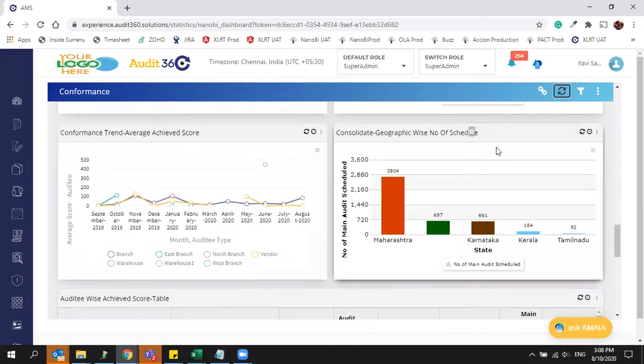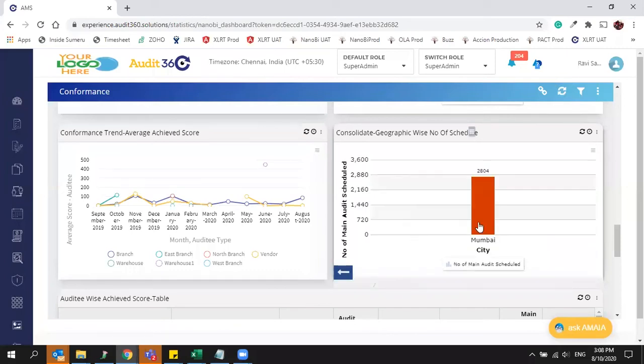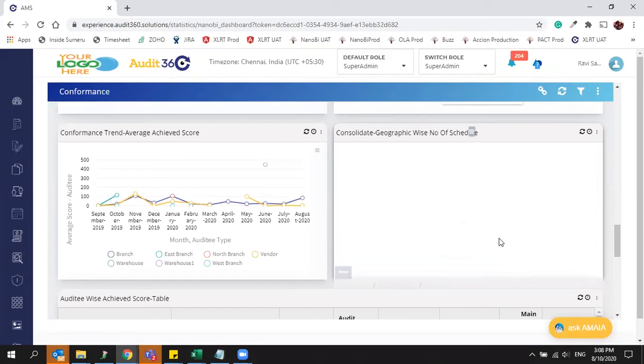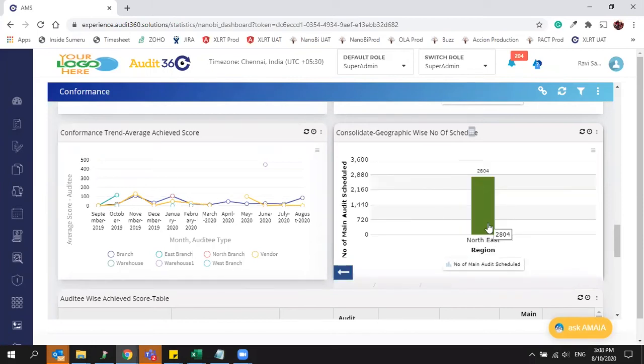So in a drill down, what will happen if you choose? Now you are seeing only Maharashtra. If you want to see inside that Maharashtra, what city is there? Within that city, you will be having branches, regions or splits. That will take you until you reach your last level, till your branch. Now you have come across the state, the city and the region.